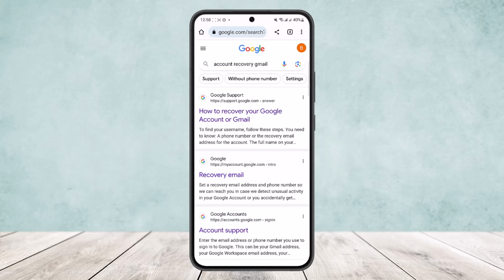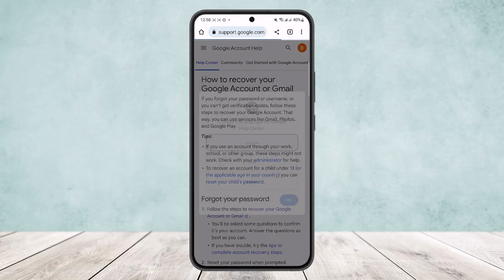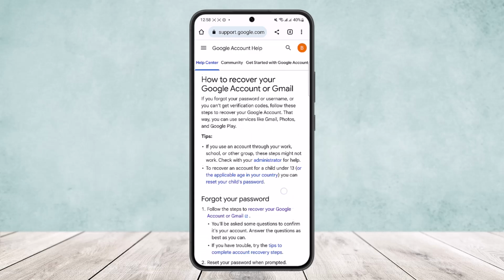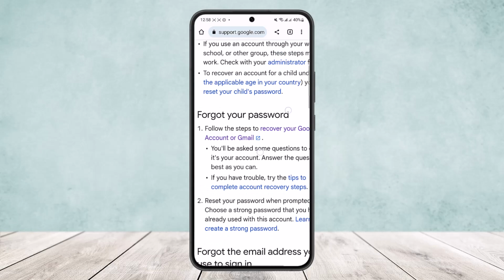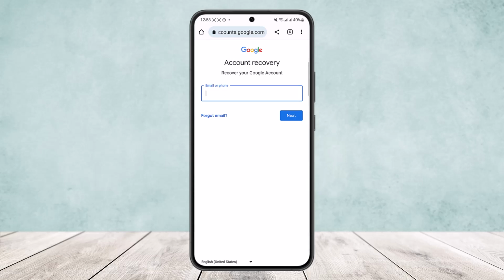What you want to do is here tap on the first link, how to recover your Gmail account or Gmail, and then select the language here and scroll down and tap on recover your Google account or Gmail. Here you can see on the screen, simply tap on it and it'll take you to this page. Now what you want to do is type in your email here, and once you type in your email, simply